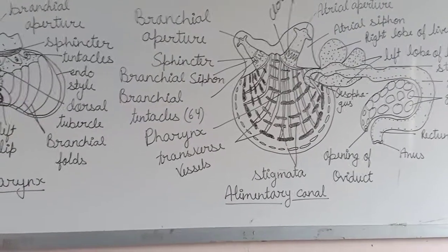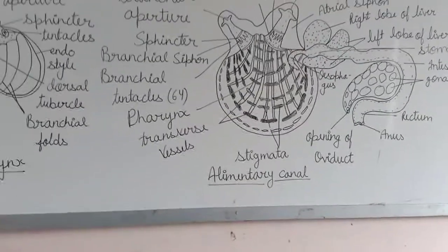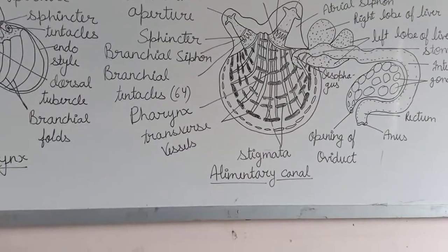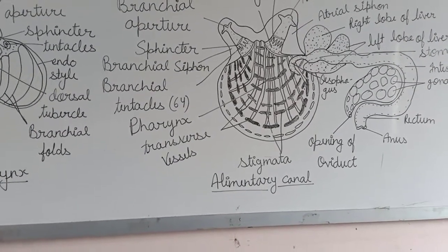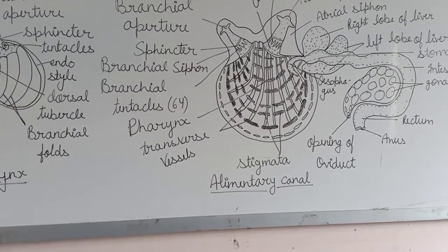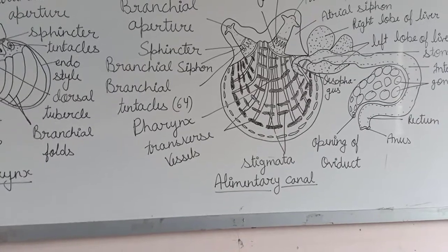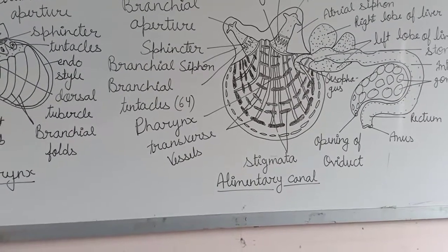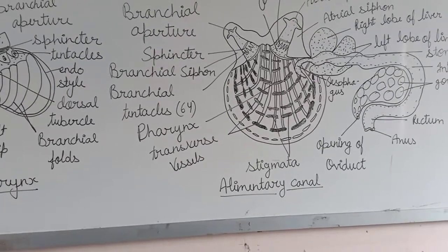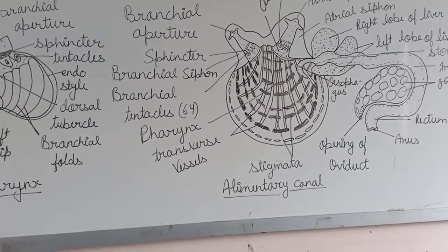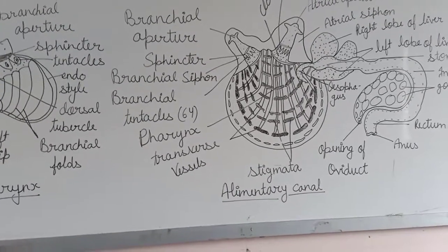It means distal means जो उसका lower part होता है. तो lower part उसका कहाँ पर खुलता है? rectum में खुलता है. Rectum is also guarded by 4 lips. Rectum में भी 4 lips या lobe present होते हैं for opening and closing of the rectum. Now cloaca. The atrium or cloaca leads into the atrial siphon and opens outside through the atrial aperture. It means cloaca बाहर किससे खुलता है? atrial aperture से खुलता है जो atrial siphon में present होता है.